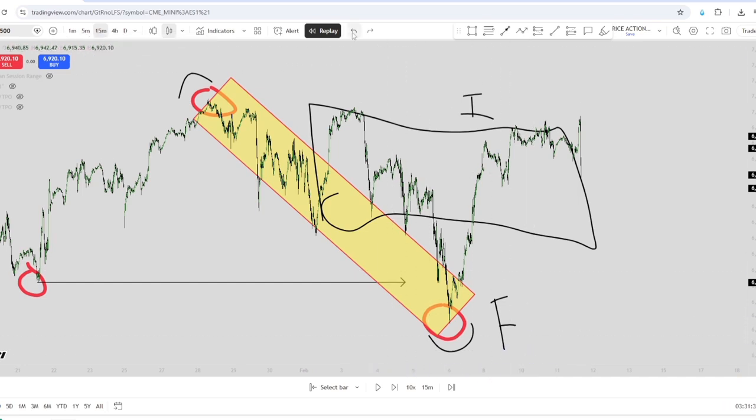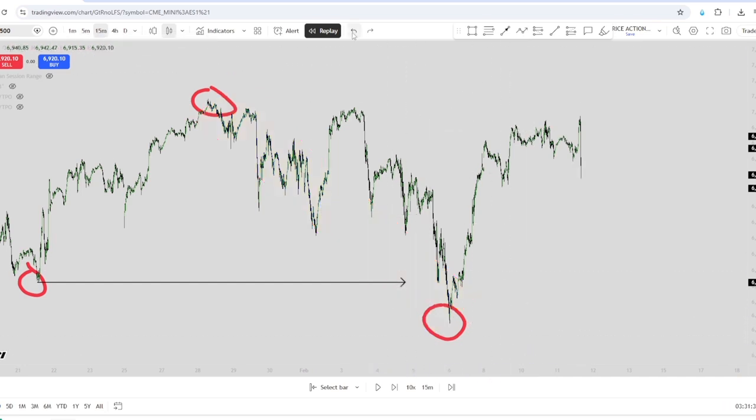Now, me as a trader, I don't focus too much on internal structure. This is where traders often go wrong. They try to mark up every single high, every single low, and they miss the concept of trading at key levels, which is something we're going to